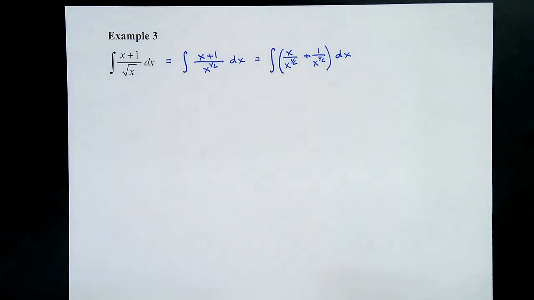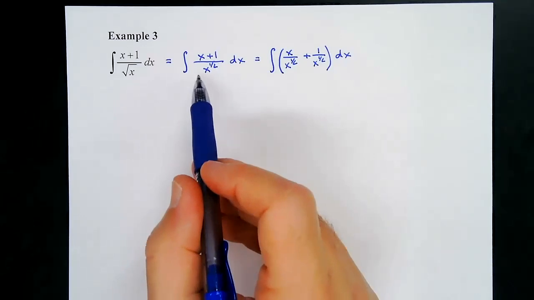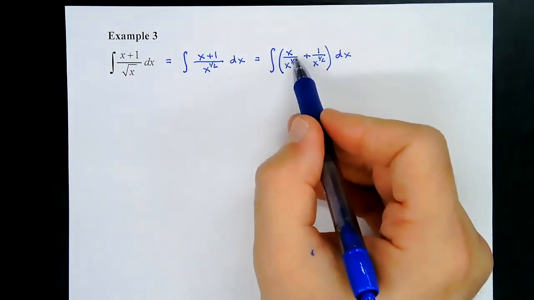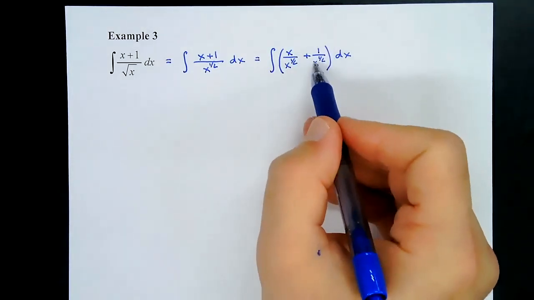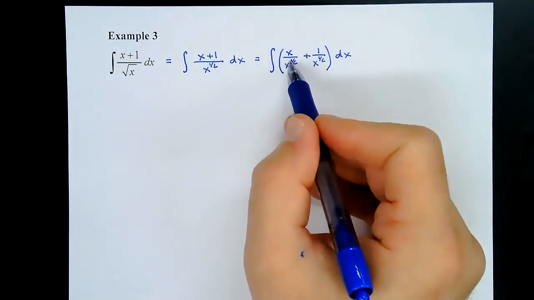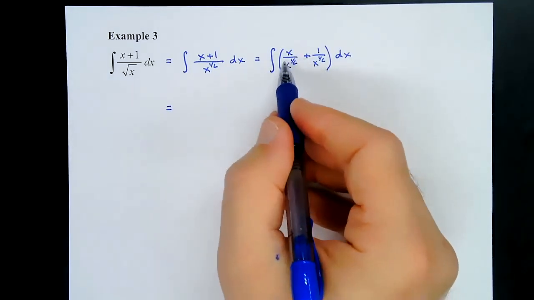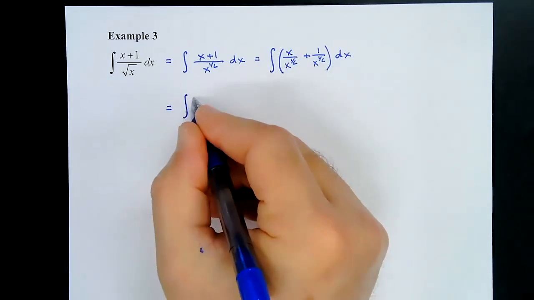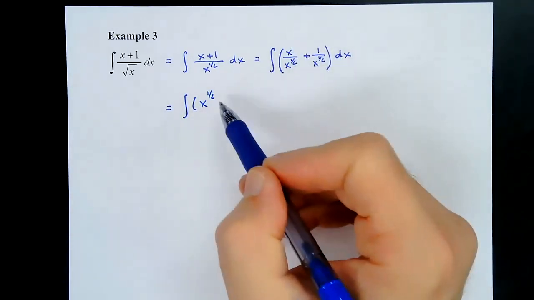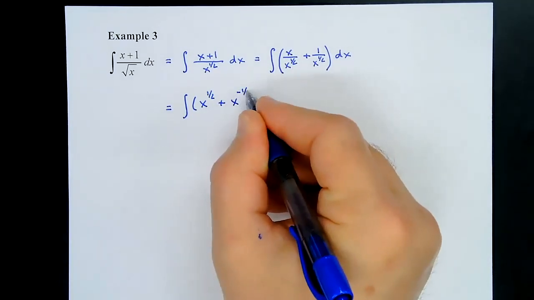This is one way of doing it. It isn't the only way, but you can break these up and divide each one by this x to the 1/2. So we could apply exponent rules. This one is x to the 2/2, but now I have to subtract the 1/2, so this becomes x to the 1/2. So we have the integral of x to the 1/2, because 2/2 minus 1/2 gives you 1/2, and then plus x to the negative 1/2, because